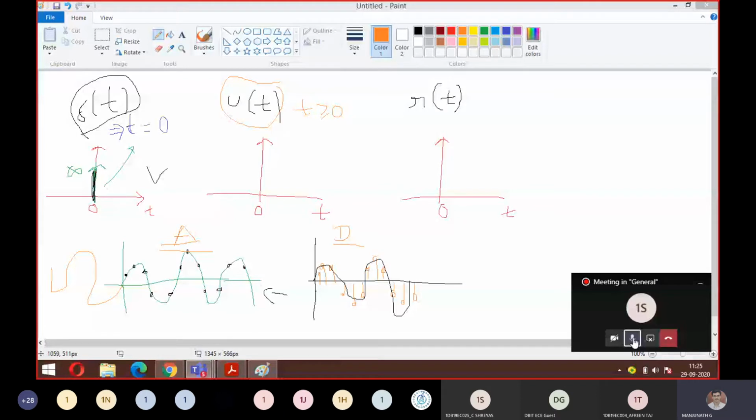So I hope till the impulse response your voice was audible. Till this delta t, my voice was audible. Yes, sir. Okay, so let me move on to the u of t. I said u of t means unit step function. It means the waveform exists for t equal to 0 and greater than 0. So how does it look? Just look here. The signal will